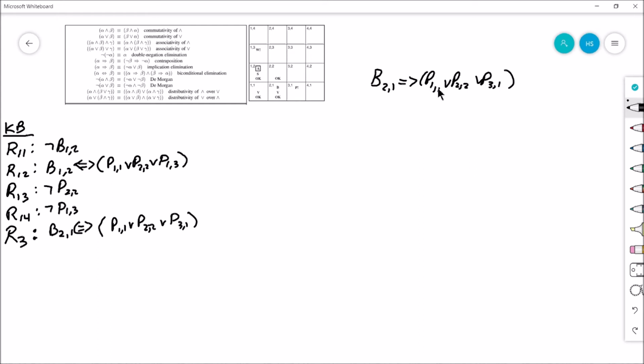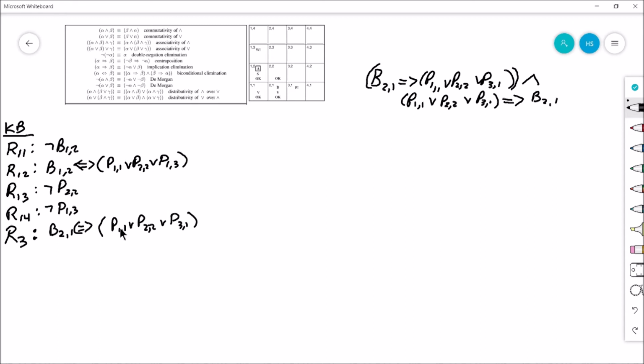So there's a pit in square 1.1, or there's a pit in square 2.2, or there's a pit in square 3.3, right? That's one part of that equivalency, but also there's an and part, and that's the reverse. And there's a pit in 1.1, or there's a pit in 2.2, or there's a pit in 3.1 would imply that there has to be breeze in 2.1, okay? So if we do that and then we apply Modus Ponens, if we apply that